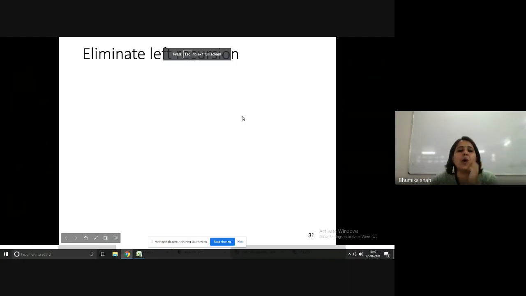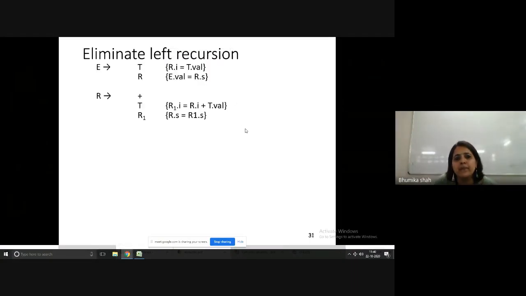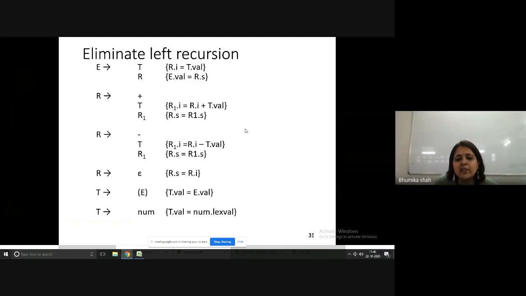Okay, so the transitions that we have understood. Now we can understand what we have written over here. If you observe the first rule once again, the value of R, R.I, is calculated from the value of T. That is what we have written. As it is inherited, it is written between T and R.